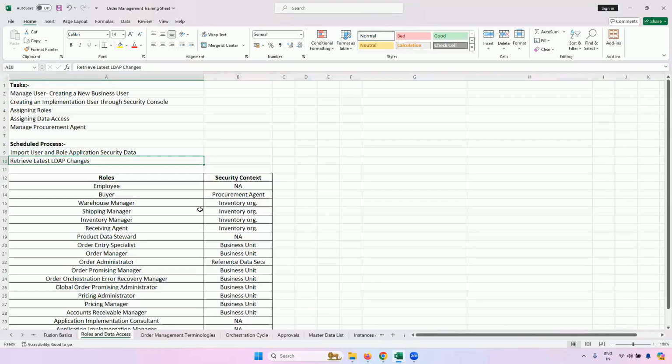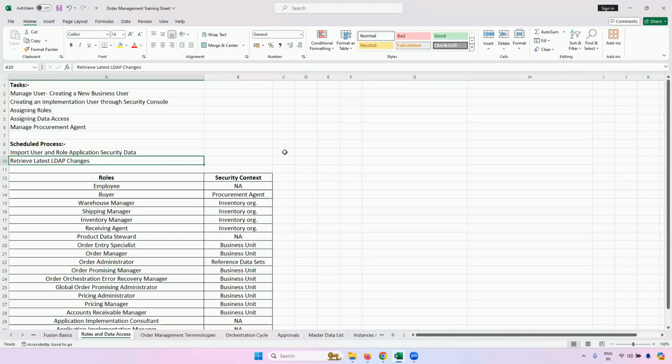You can have, but there will be a problem. The problem will be when you're creating transactions, like a purchase order or a sales order. There are many functionalities which you will not be able to go ahead with. Like in a sales order, you will not be able to hold it. You will not be able to approve it. So there are a few things which will come as blockers. Just because I'm an implementer, I'm a business user as well as an implementation user.